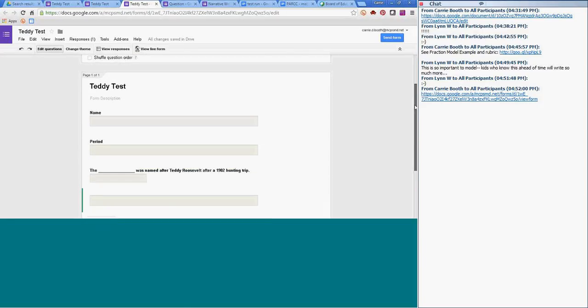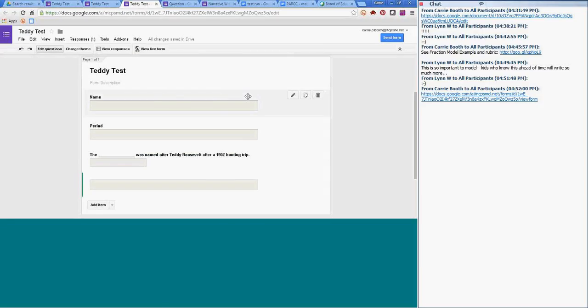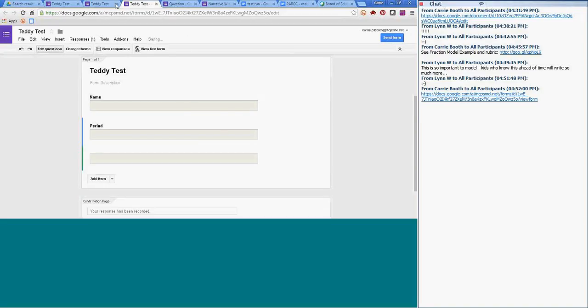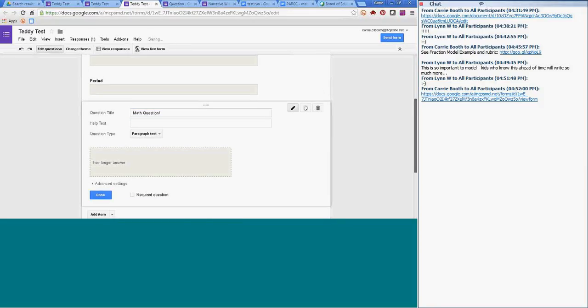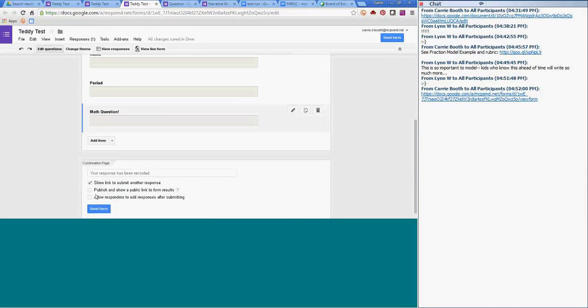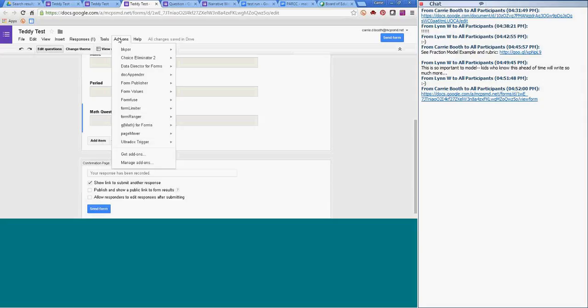Then your form can have a variety of questions like name and period. This makes a lot of sense. Math questions, it's not that easy to just write math questions. So there are some different add-ons that you can use to make your math questions look awesome. I'm going to do those add-ons up here. The one that we found the most success with is GMath for Forms. If you go to Get Add-ons,